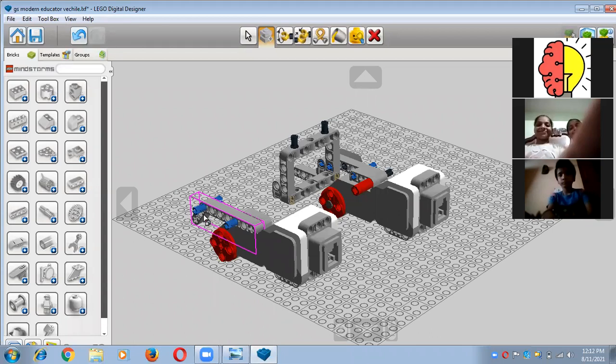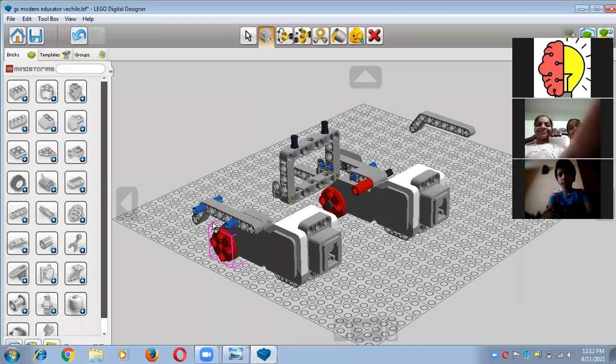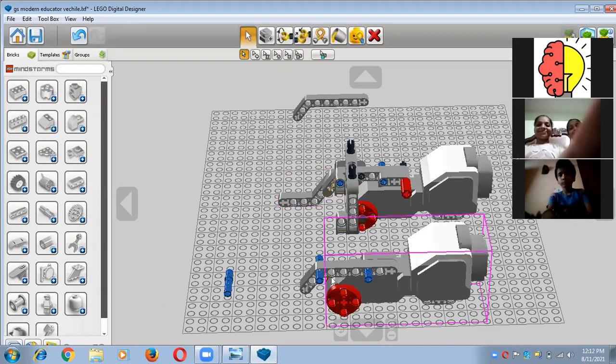Now I want one more, no not this one, I want this connector pack. So just click on it and now put here, and after that you have to select single selection and then turn your work plane area, and then you have to set here, right? You have to set here like this.